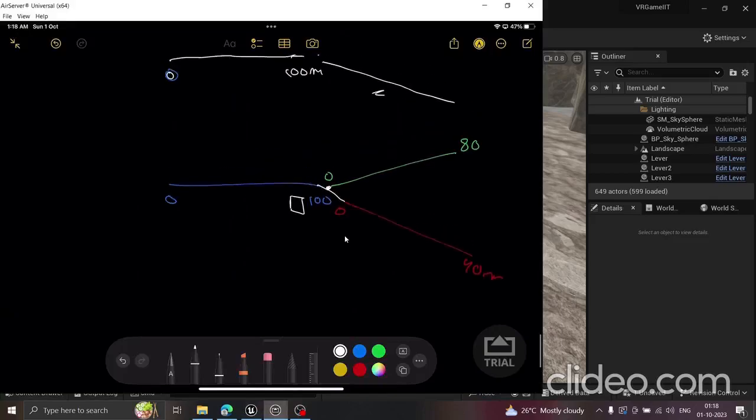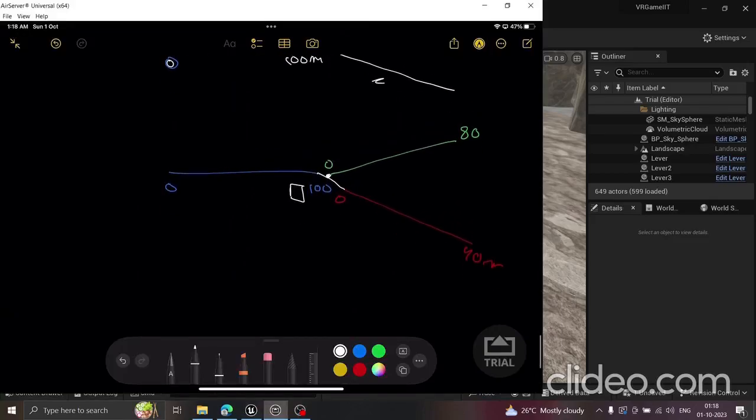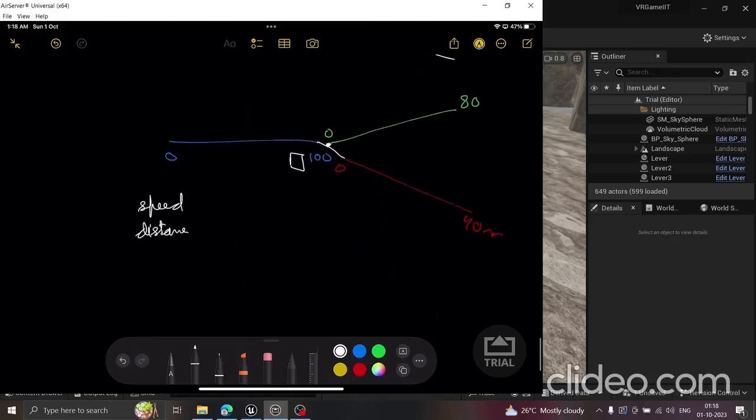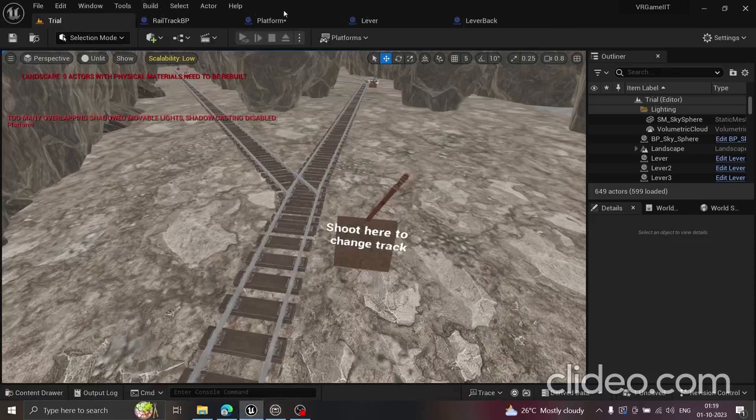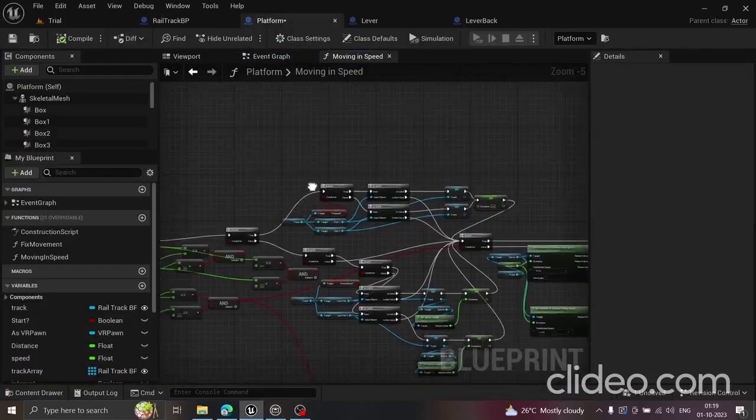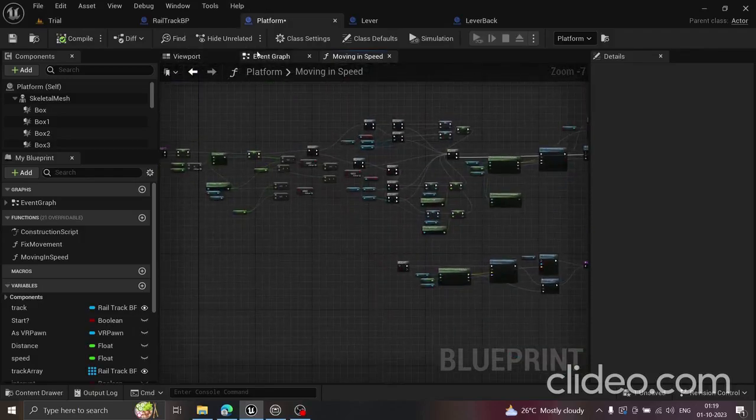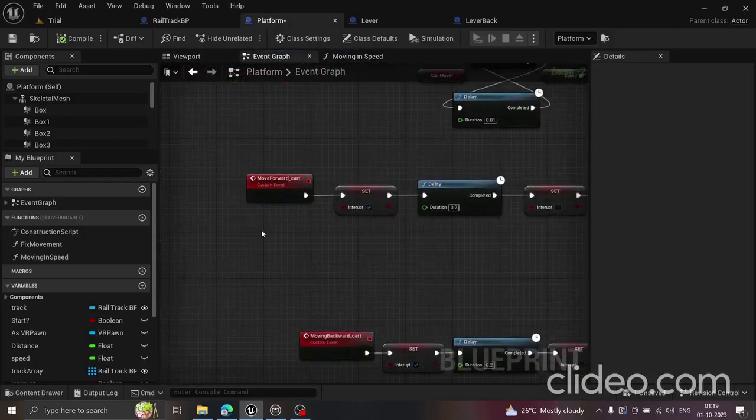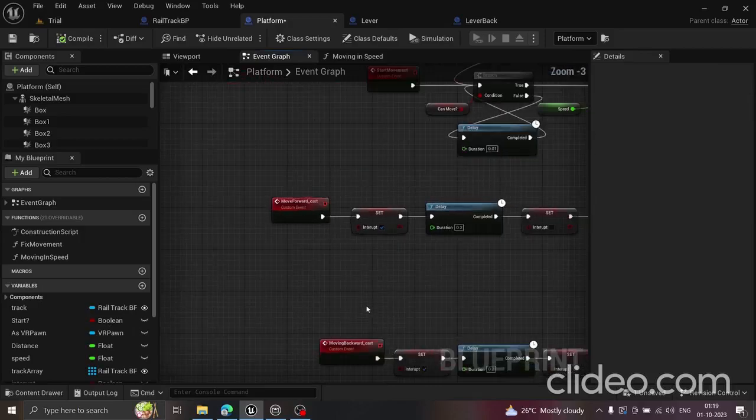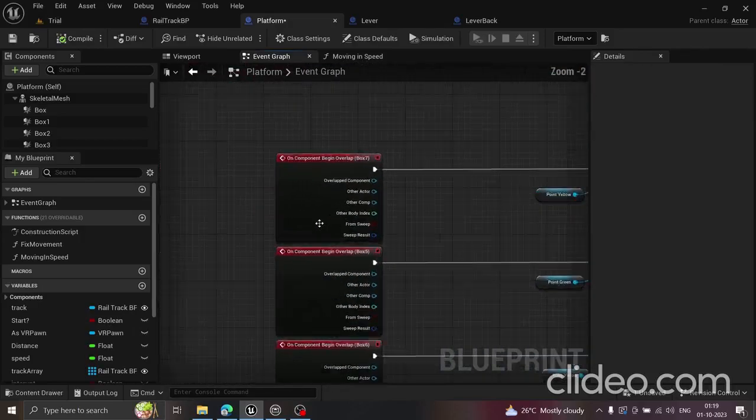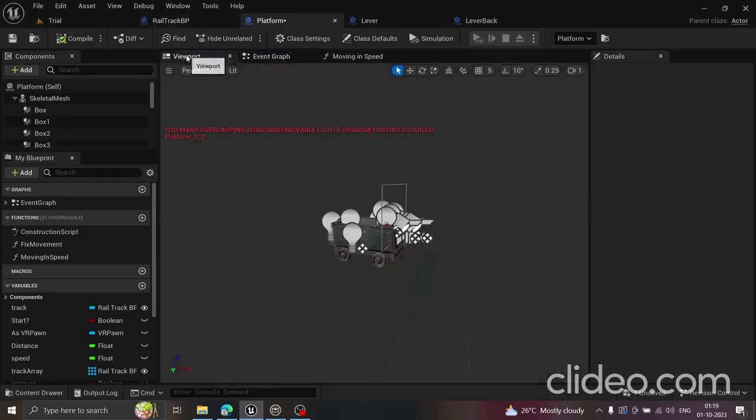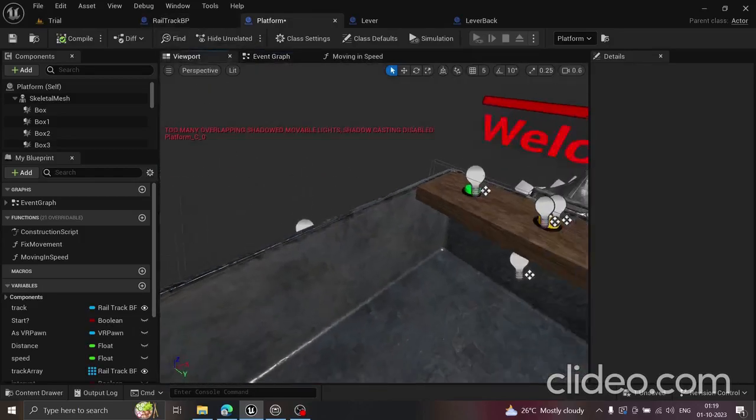So let's go to how it will work. We have a speed variable and distance variable, and in every 0.01 second it will loop and update the speed and distance. So I will show how to update speed. So when you click move forward cart, that is when you overlap on that box, which is